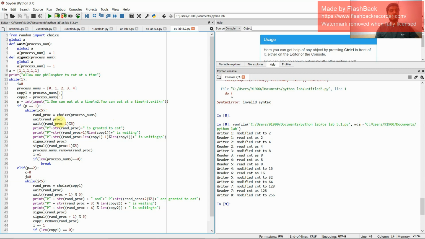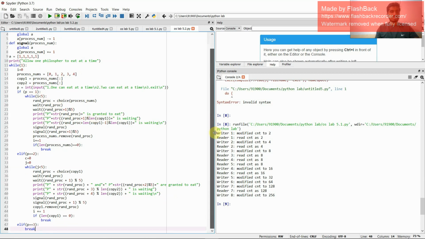and random the process choice of process num, and wait random the process, and wait random the process plus 1 percent 5, and print string of random process is granted to it, and print of p string of random process plus 1 percent length of copy plus is waiting, and print of p plus string random process length of copy 1 minus 1 length of the copy 1 is waiting, signal of random process plus 1 percent 5, process num dot remove of random process, i equal to 1,